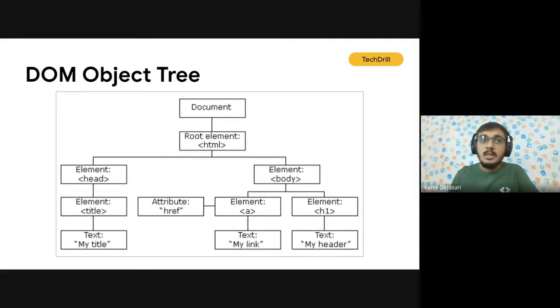For example, the main document is, even if we write, the first thing in an HTML5 document is the doctype. So we have the document, and inside that we have the root element. We have HTML as the root element. Inside that we have two different things: we have the head tag and we have the body tag. Inside the head tag we have the title, which we generally mention in mostly all our projects, and inside the body we have different tags. So a whole tree-like structure of the DOM is generated.